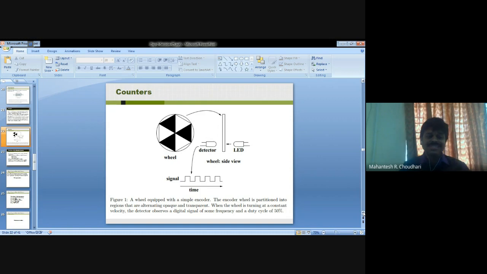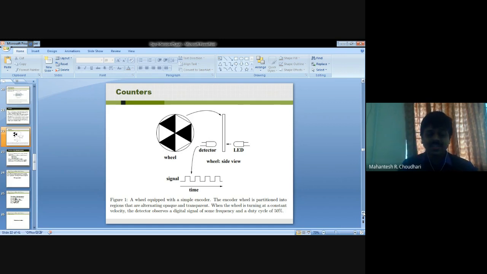If the wheel is turning at a constant velocity, then the detector will see the LED exactly half of the time, while a transparent wedge sits between the LED and the detector. However, when an opaque wedge moves between them, the detector will no longer see the LED, because the LED is only visible half of the time.